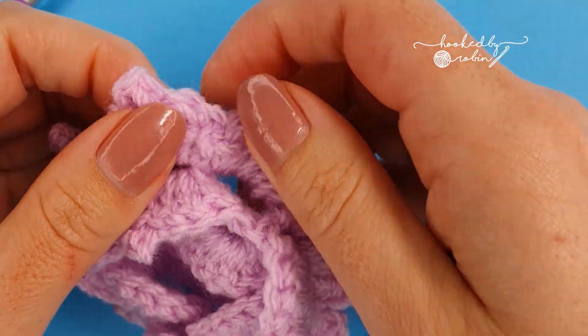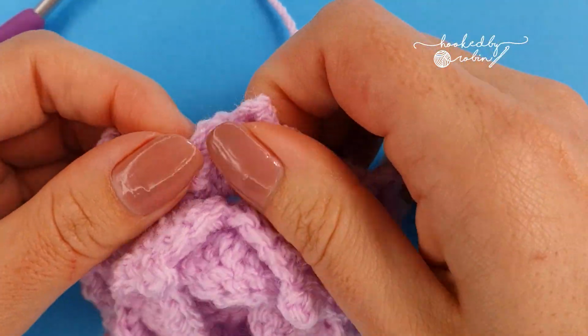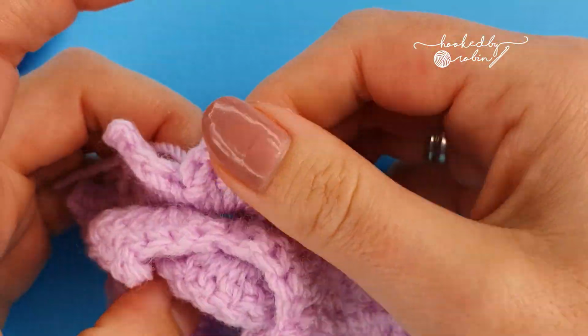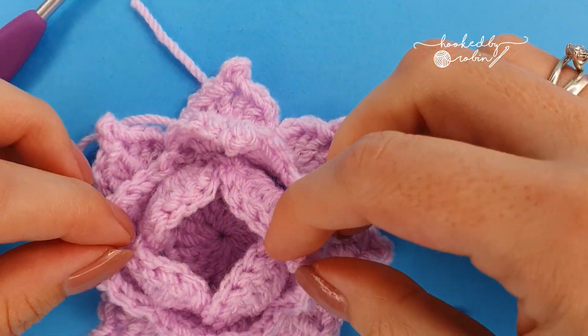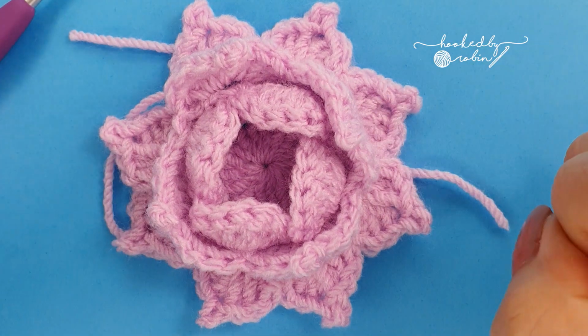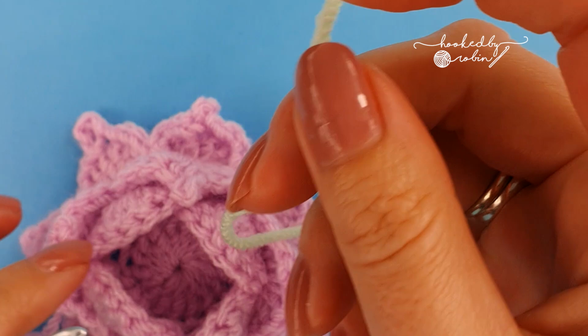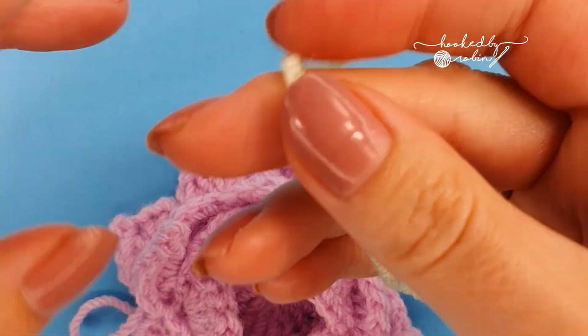Sort your petals out, because for anything like mine, you've been shoving them around. Get them to all line nicely. And now grab spring green. Okay, with spring green for round 8,